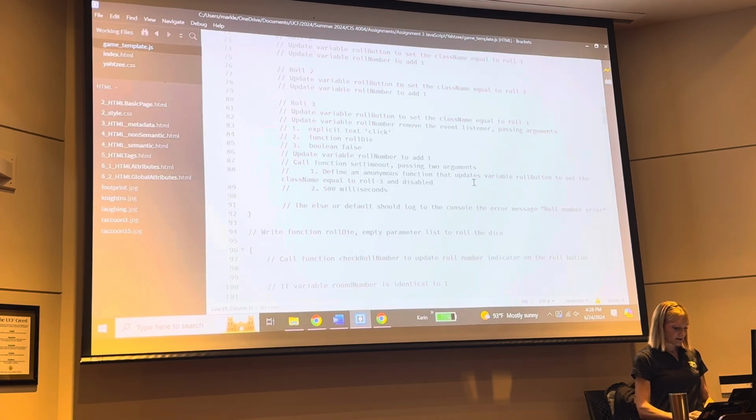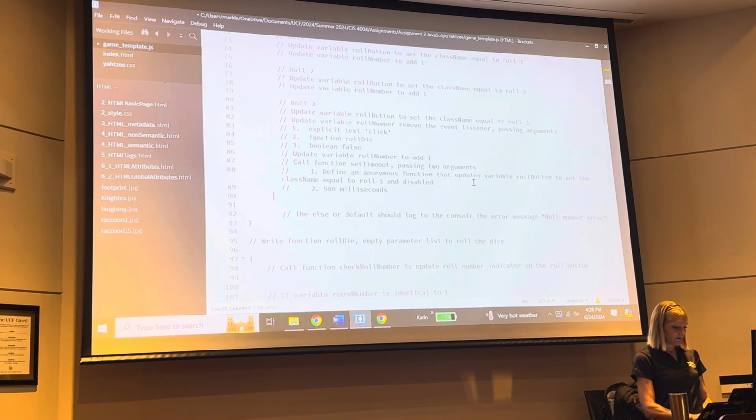So we learned about anonymous functions in the functions discussion. So we're going to do our set timeout. And we need to pass two arguments to it. The second argument is just a straight up 500 milliseconds. But the first argument is that anonymous function. So when you create an anonymous function, you use the keyword function with no name in it, just the open closed parentheses, open closed curly braces. And then what it does